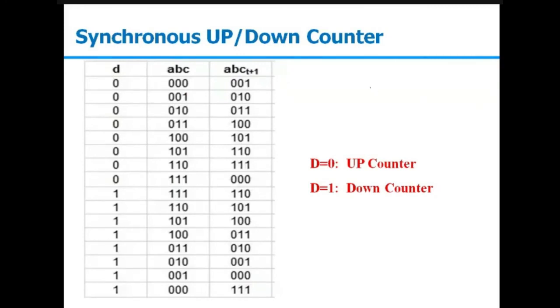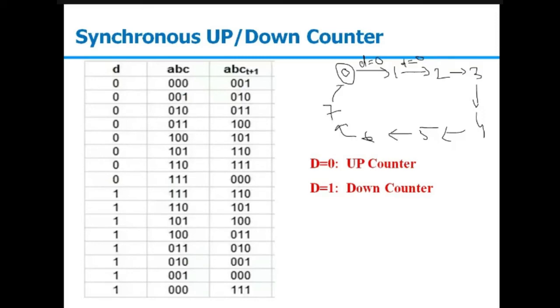So we can design the state diagram. So in the state diagram, we will be saying we are in the 0. It is going to 1 when D is equal to 0. So now we will take D here. 1 to 2 when D is equal to 0. 2 to 3 and so on. Right? So it will be like this. 3 to 4. 4 to 5. 5 to 6. Then back to 7 and 7 to 0. So this black one is representing when D is equal to 0.